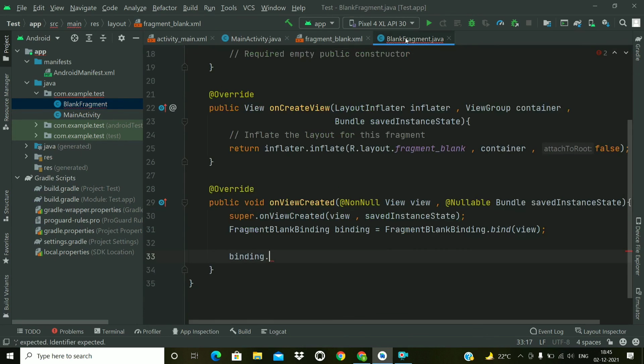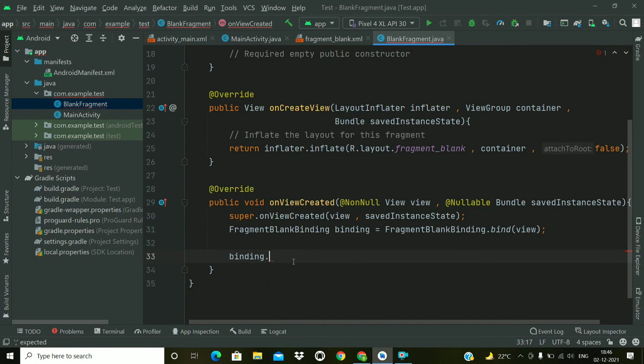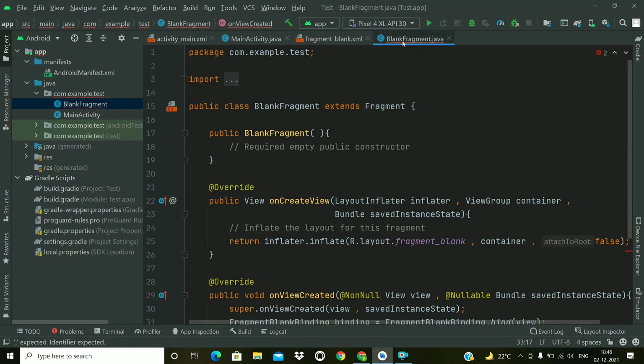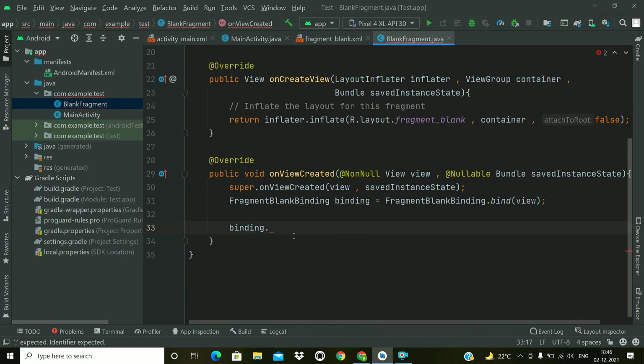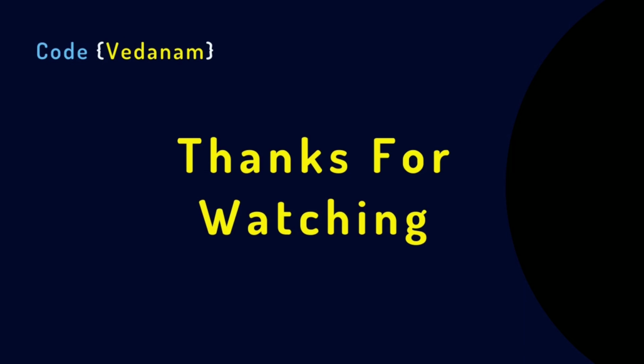Okay, so just move to the Java code and check it, and you can see we have this variable named intro and of type TextView. So that's it. Use view binding and replace the findViewById method.